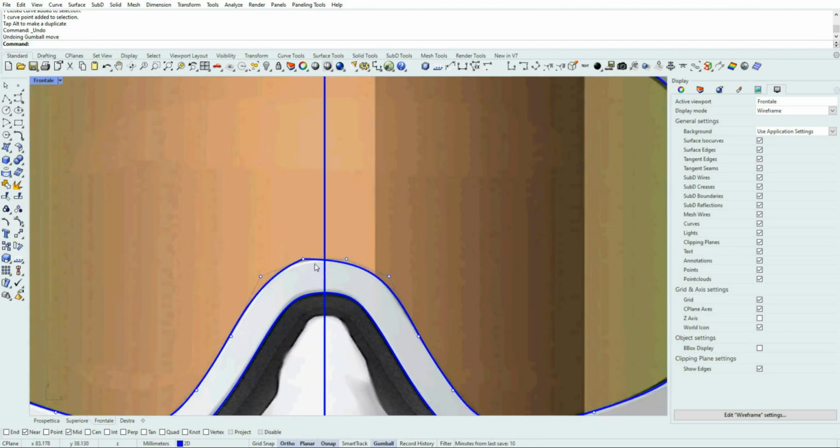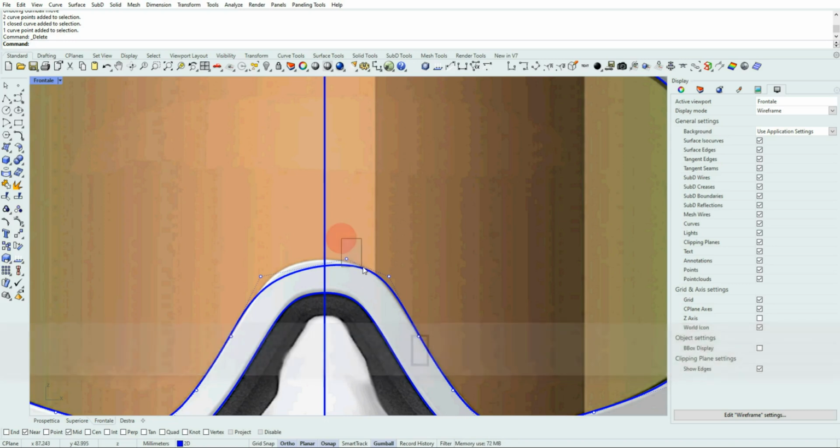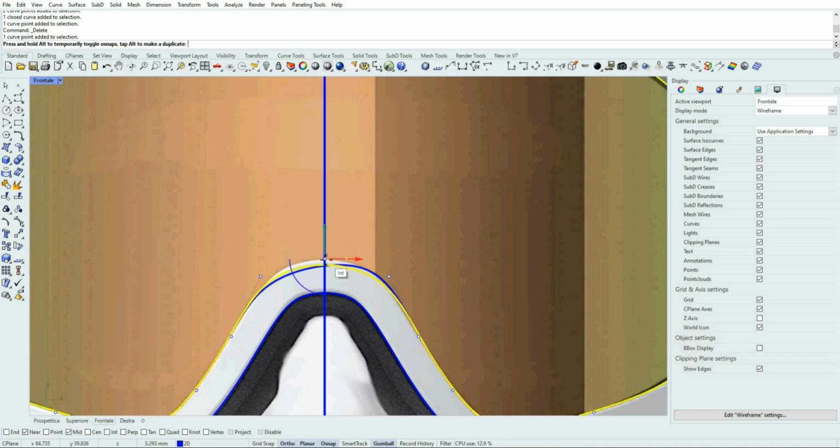Here we have to make some major adjustment, because as you can see, these 2 points are aligned, but one of those is sharp. So we have to delete this point. Then we can drag this point to the middle by using the snap.